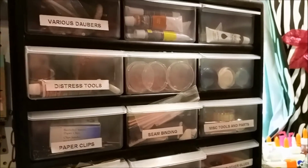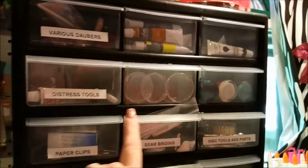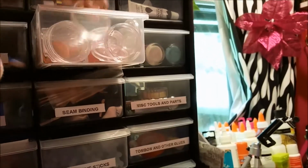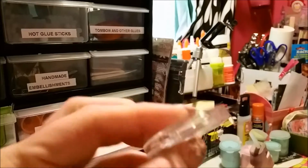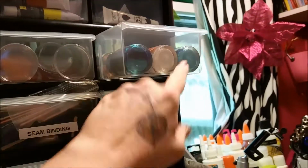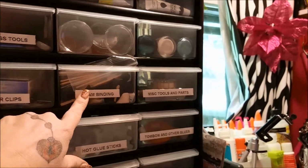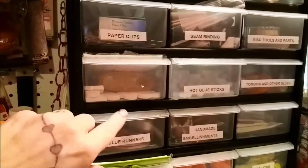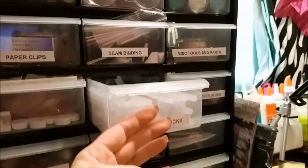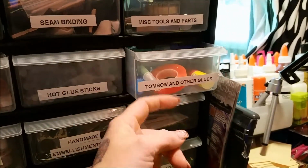He barks over like the weirdest stuff. There's daubers in there, there's paint in there, there's distress tools in here, there's these little doodads I got from my thrifty crafty store. There's my metallic paints in there. There's miscellaneous tools and parts, seam binding, paper clips. This is like some more adhesive, hot glue sticks. This is Tombow and other glues,